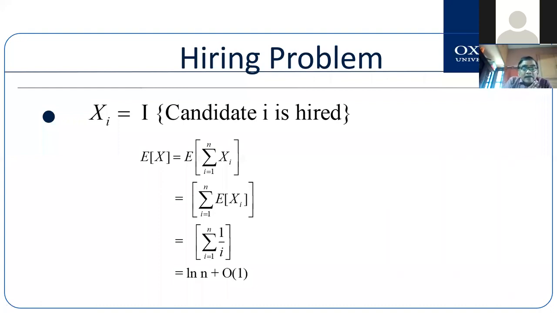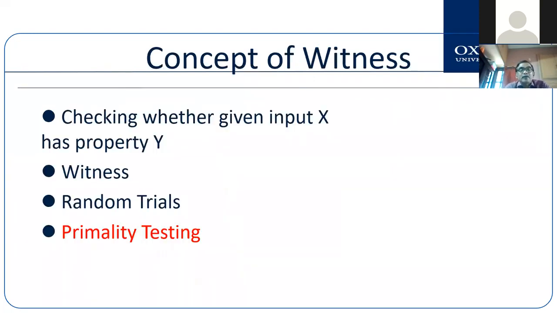So how will I give a justification for my probabilistic algorithm? I will say that the time complexity of the deterministic algorithm is order of n, whereas in the probabilistic case it is going to be order of log n. So suddenly you see that this algorithm becomes a better algorithm. This is how you will give a proof, and using this you can solve the hiring problem very nicely. In fact, the hiring problem has become a very classic problem to explain the superiority of